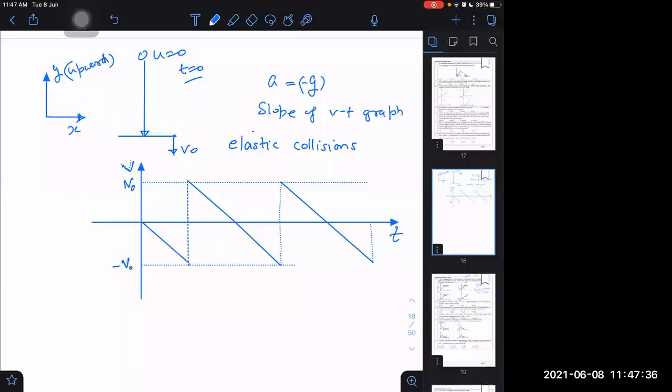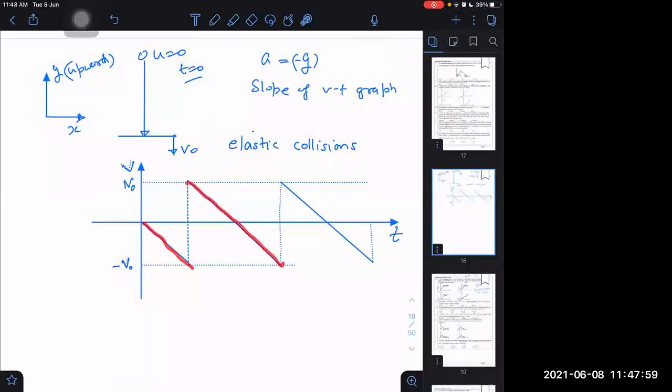Okay. But a bouncing ball will have a loss of energy when it strikes the ground, no, sir? That's why I said this is a special collision in which there is no loss. Then it will happen like that. Okay, sir. Only for the cases when it is elastic collision, only for the cases when there is no loss of energy, even if it is a hypothetical case. Then this will be the graph. This one, and it repeats indefinitely.